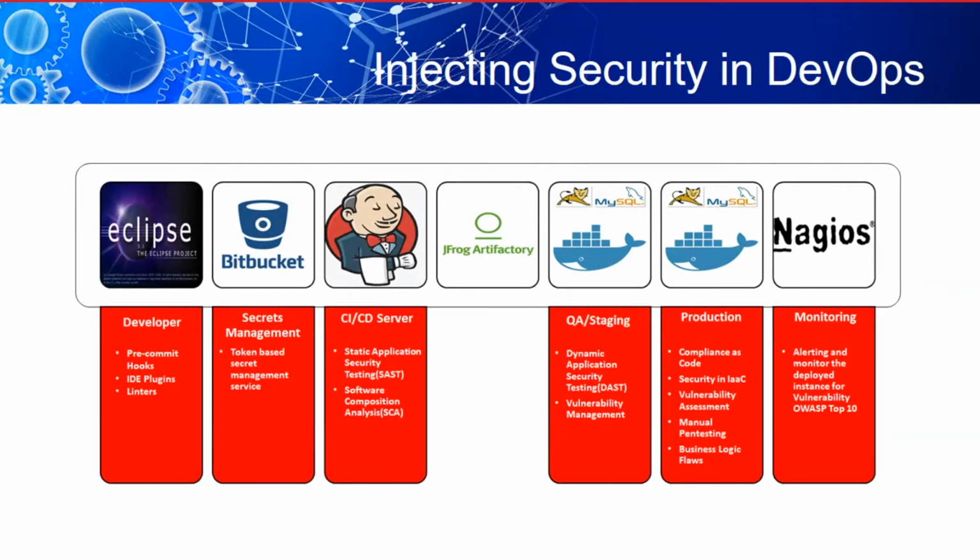Okay, when it comes to secret management, there are token-based secrets. For example, developers and administrators often store credentials in the application configuration files or in the source code itself as comments. So this type of sensitive information will be tracked and removed from the source code. This can be handled by leveraging a secret management service. We use a secret management service to remove these kinds of hard-coded credentials and configuration management issues.